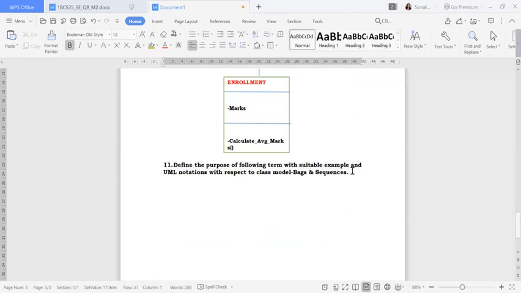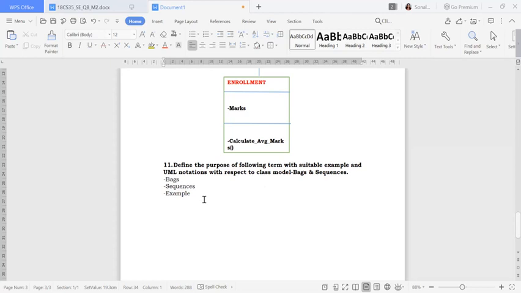So here what you're going to write about the bag and sequences. In this question we have to concentrate again on the example, and what do you mean by the bag and sequences? You can write some of the points. What do you mean by bags, what do you mean by sequences, and you need to give the example for all these things, for all individually. Okay, so this is about your question number 11.